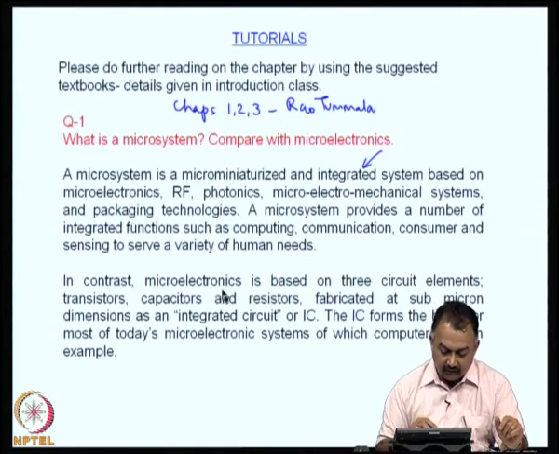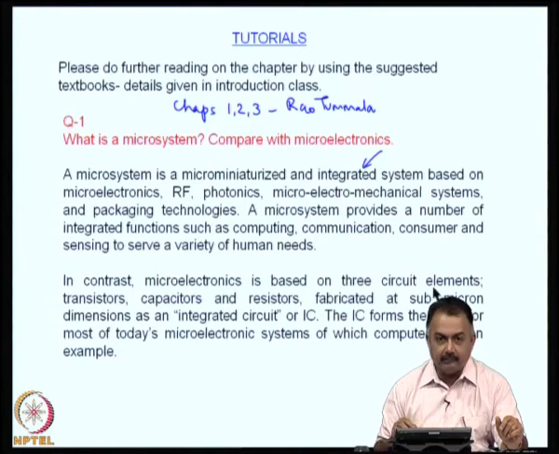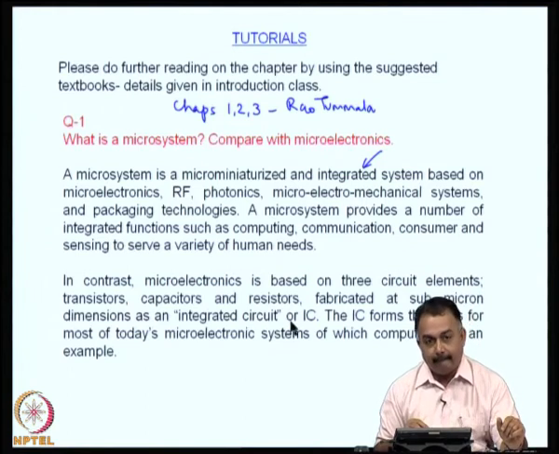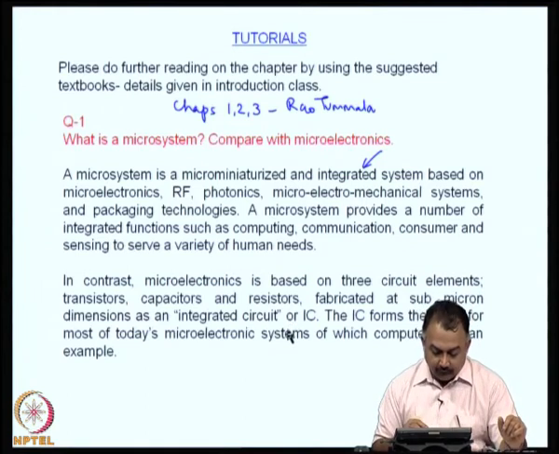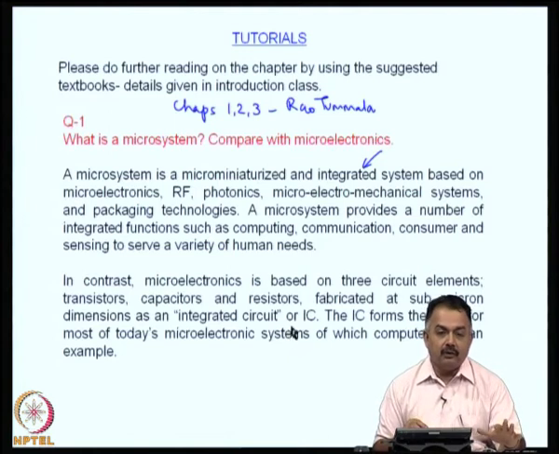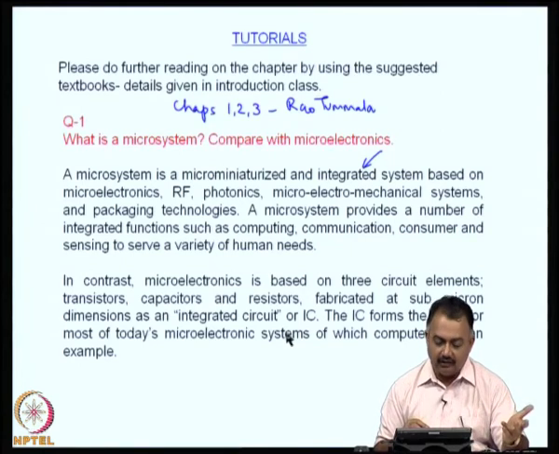In contrast, microelectronics is based on 3 circuit elements: transistors, capacitors and resistors fabricated at submicron dimensions as an integrated circuit or IC. So, microelectronics would most probably cover all the aspects of an active device or an integrated circuit.